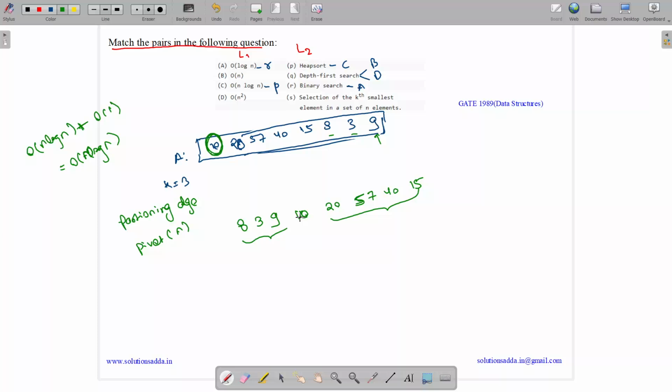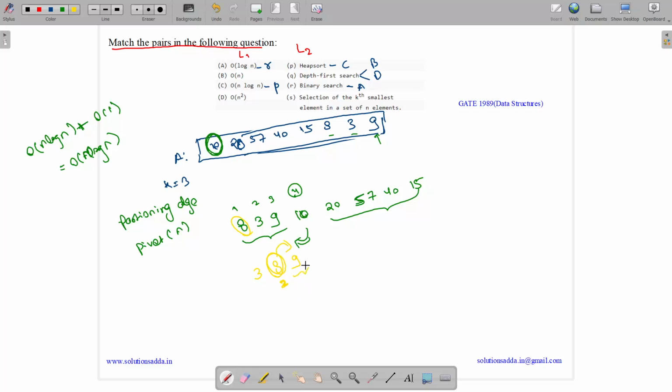Now again we will check the position of 10. We will see its first position, second position, third position, fourth position. 10 is at its fourth position, which means we have found the fourth smallest item. So where will we get the third smallest item? The third smallest item will definitely be on the left. Then we come on the left and make any item the pivot. Let us assume 8 as the pivot. So 8 will come at its position, less than 8 will come on the left, more than 8 will come on the right. What is the position of 8? The position of 8 is 2, which means we have found the second smallest item. Now we need to find the third smallest, so we will go on the right.